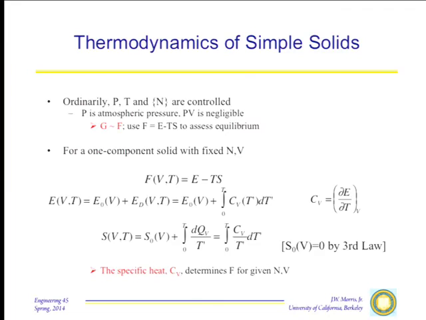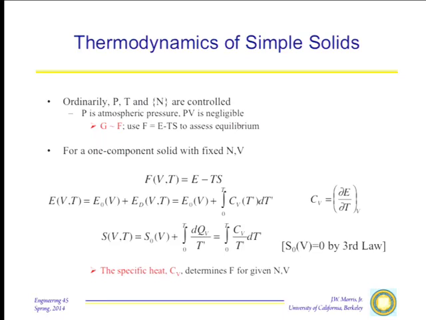As the temperature is raised, the entropy of the ground state is 0 by the third law. As the temperature is raised, we get an increase in both the energy and the entropy because of thermal effects, and that increase in both cases is determined by the specific heat at a given temperature. So if we know the specific heat, CV, the change in energy with temperature at constant volume, if we know that quantity as a function of temperature, then we can simply integrate, determine E, determine S, and therefore calculate the